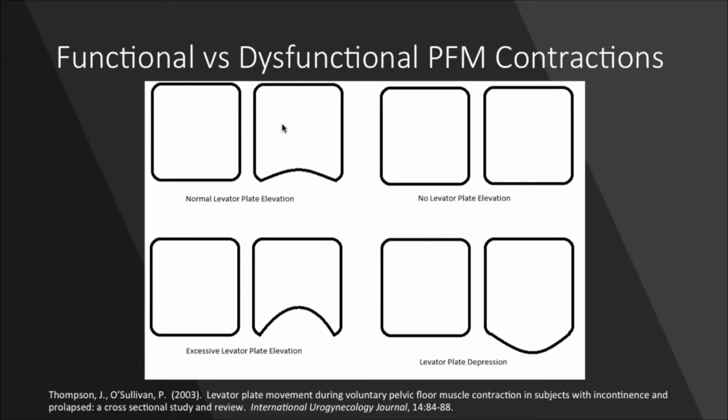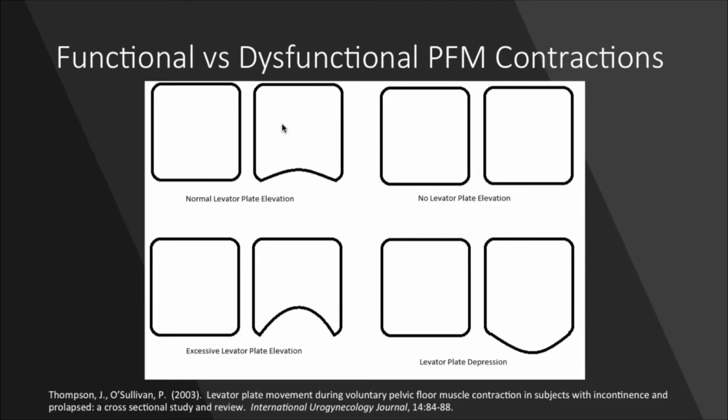So moving on to how we would utilize real-time ultrasound when assessing pelvic floor musculature. You can see in our image here we have a picture of the bladder. The bladder is a fluid-filled structure, so it's going to be anechoic or black on your image. And then you'll see the levator plate underneath the bladder. You'll see a more hyperechoic shadowing underneath the bladder. That's called enhanced through transmission that you see when the sound waves are passed through a structure filled with fluid such as the bladder or a cyst.